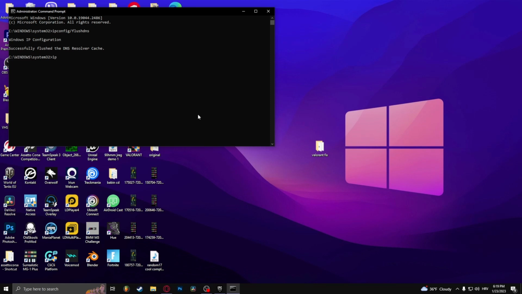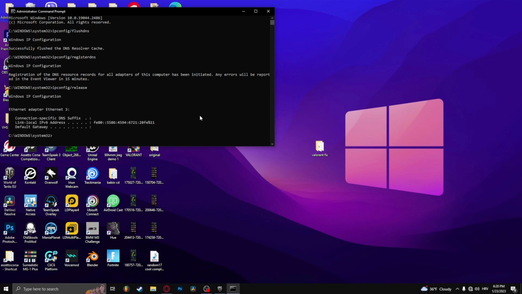then type in ipconfig /register DNS, then type in ipconfig /release, then type in ipconfig